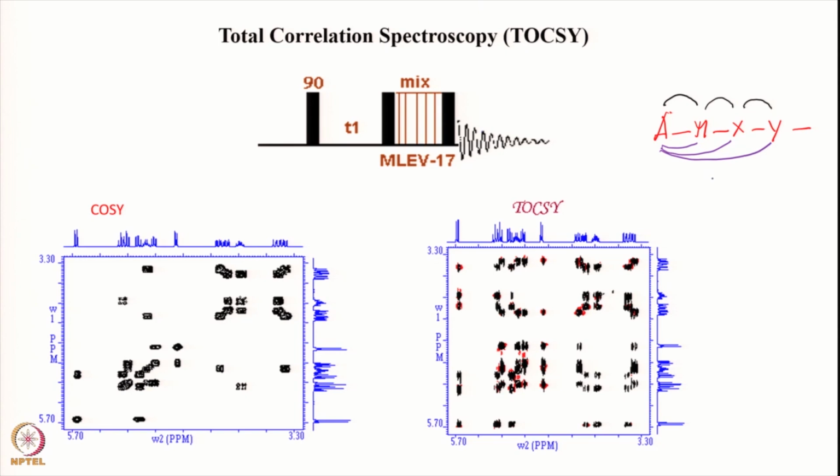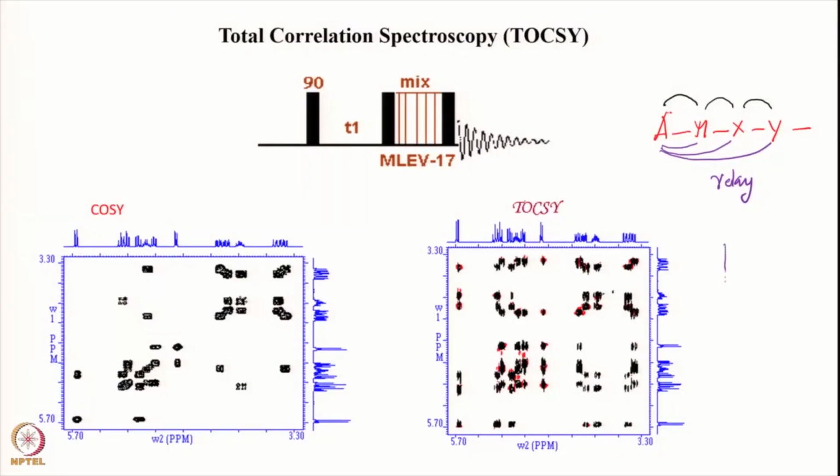This is because of what we call the relay. Total correlation, that is why it is called total correlation spectroscopy. The entire network of couplings will show up in the TOCSY spectrum. You can identify by analyzing the TOCSY spectrum which are the spins which are J coupled in the entire coupling network. Obviously you will have more peaks in the TOCSY spectrum than in the COSY spectrum. Okay. So now